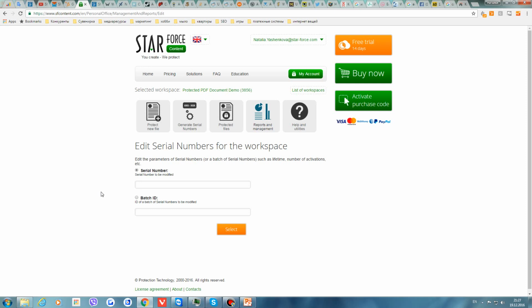Does it make any sense to add serial number to the blacklist if additional parameters were not selected? Okay, let's imagine that you have a serial number with 3 activations and one activation is used. If you add your serial number to the blacklist, then end user can't use extra 2 activations. So you remove this option. But of course you can do nothing with activations that have already been used. Okay, are there any other questions?